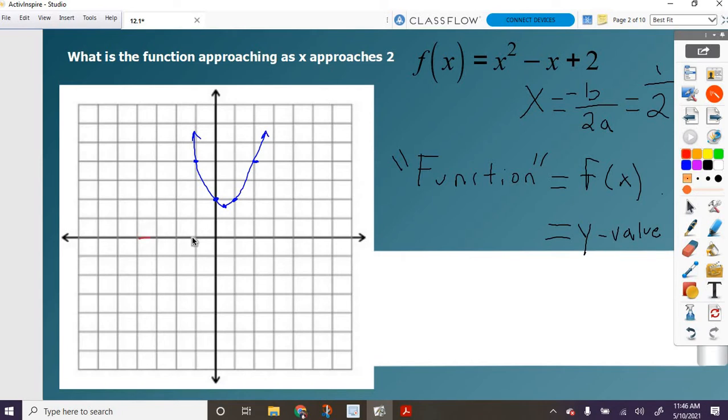So I'm going to go to 2. So I'm getting closer and closer to 2. We're okay with that. So I'm going to look at what y values is my graph approaching at that point then. 4. So we would say that the function approaches